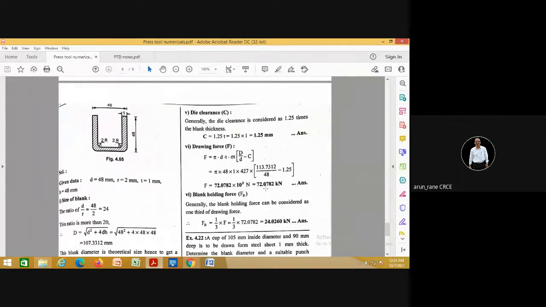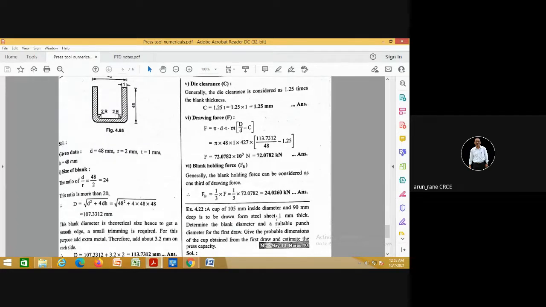And that gives Newton, divided by 3, that will be kilonewton. And if you divide this entire thing by 10 raised to 4, then you will get it in tons. Because divide by 10 you will get kg, and divide by 1000 you will get tons. Then the blank holding force is 1/3 of the drawing force.